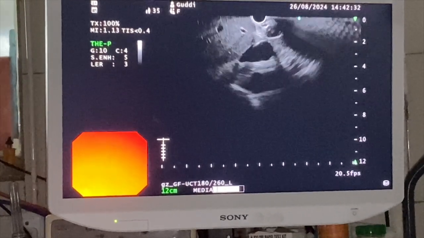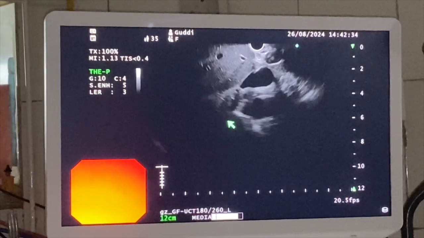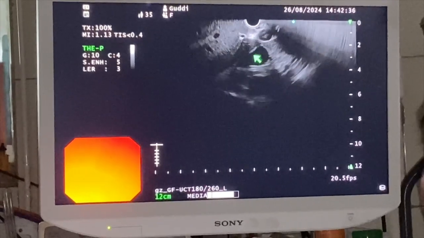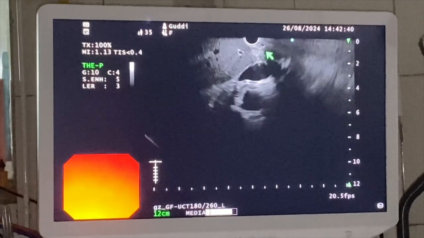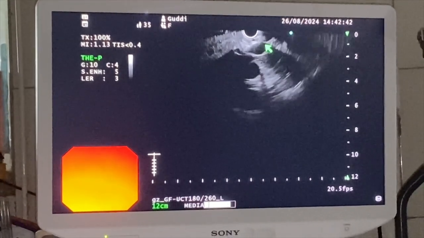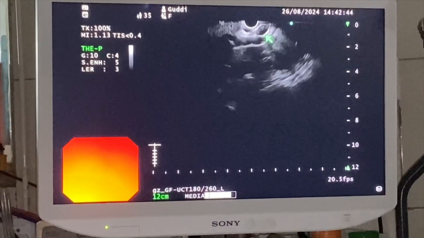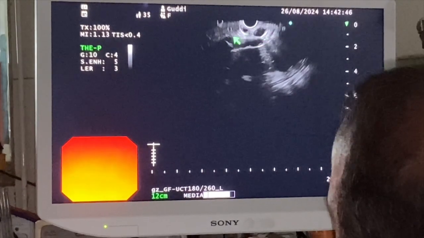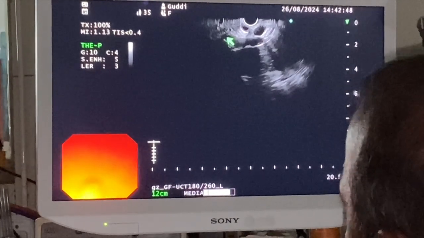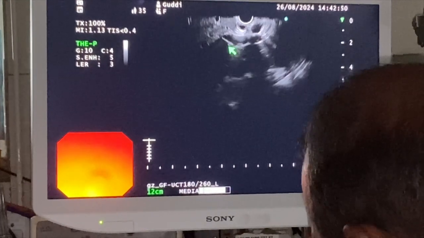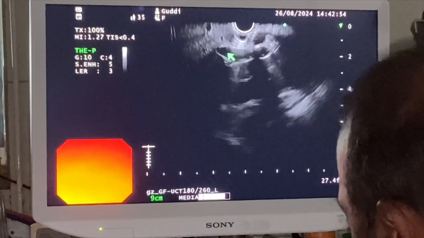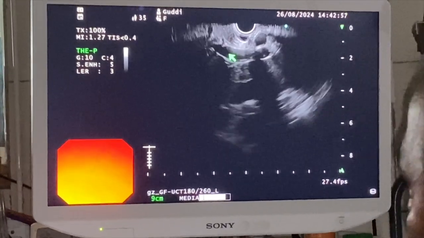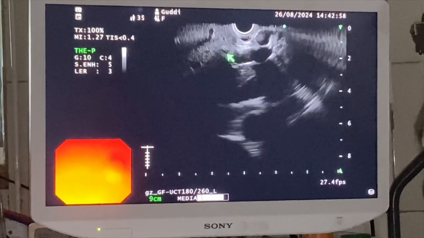Here. This is the lower one is the left branch, upper one is the right branch. The right branch again divides into the right anterior and right posterior. So we can zoom over here,